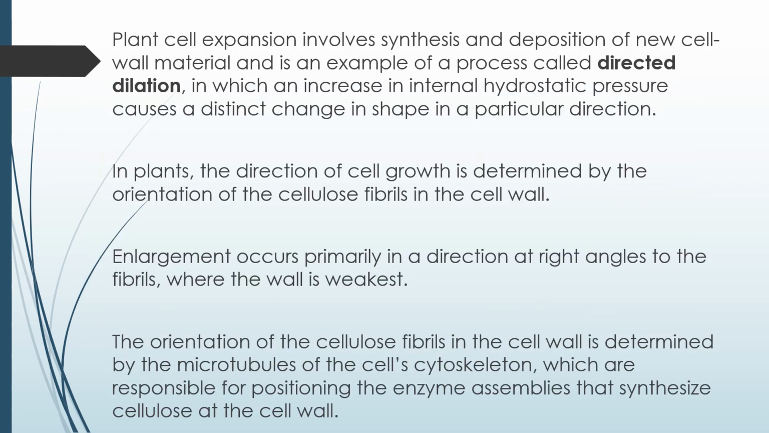So plant cell expansion involves synthesis and deposition of new cell wall material and is an example of a process we call directed dilation. So this is where an increase in the internal hydrostatic pressure causes a distinct change in the shape in a particular direction. So in plants, the direction of cell growth is determined by the orientation of the cellulose fibrils in the cell wall, and enlargement occurs primarily in a direction at right angles to the fibrils where the wall